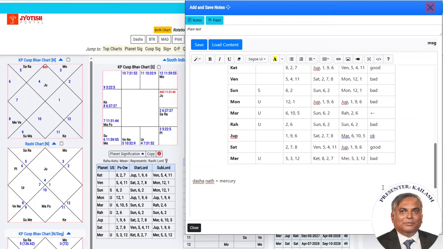So unless the Mercury allows some good dose of positive influence, which is like 2 6 10 or 2 6 11, that is absent. So the Dashanath is not at all favorable. It's already indicating all these bad houses. And if you look at this combination, so 5 8 12 is there, and 8 12 is also there. What is missing is the 6th house.